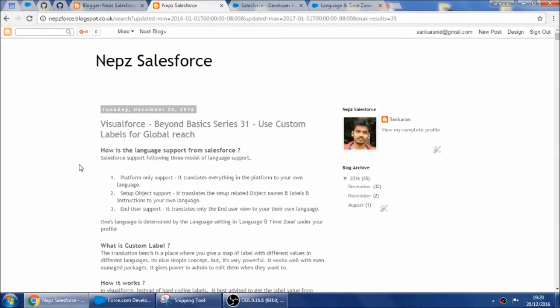Visualforce Beyond Basics. Use custom labels for global reach. As most developers know, their app won't be used by only one location. Given that Salesforce is a global platform, the applications or the code you develop could reach different locations across the globe. So it's important to